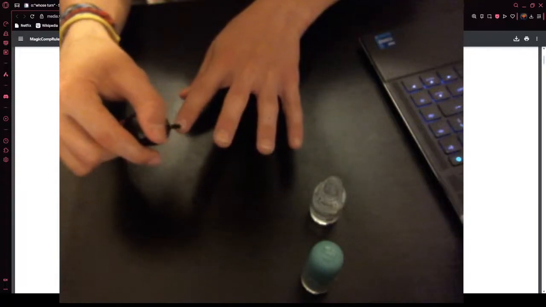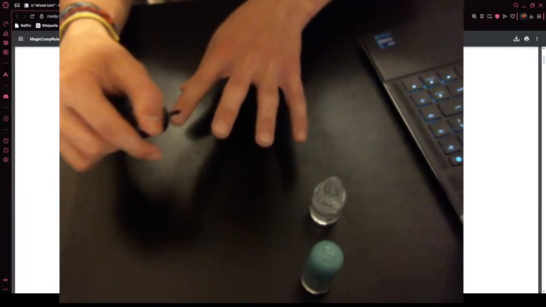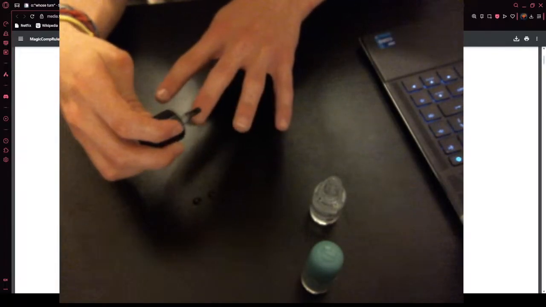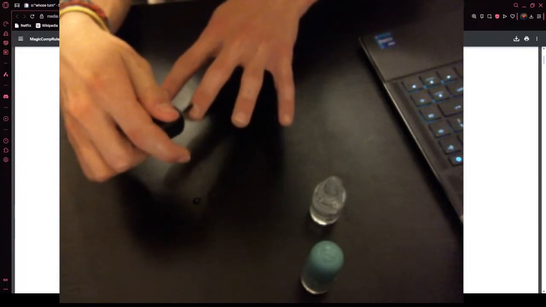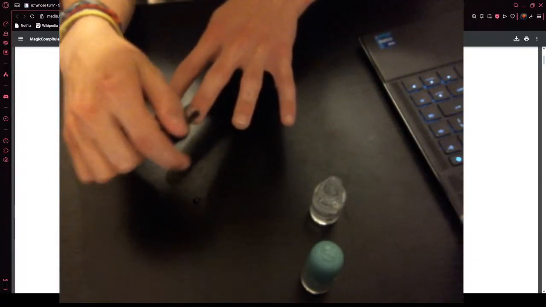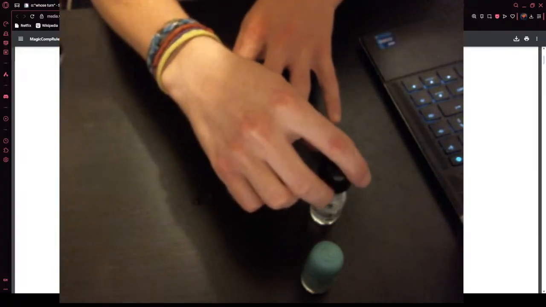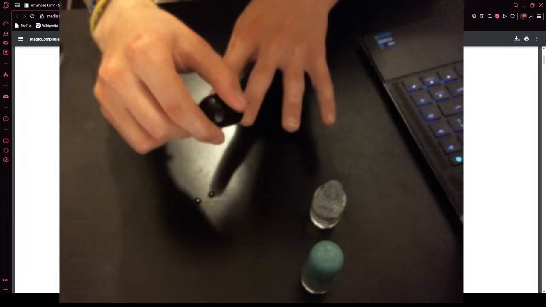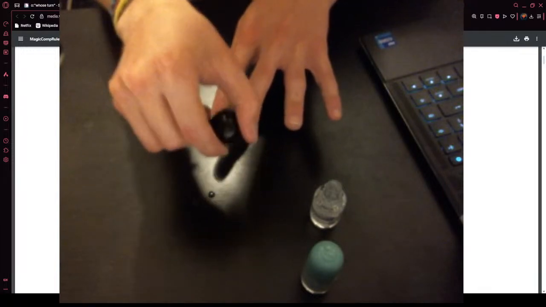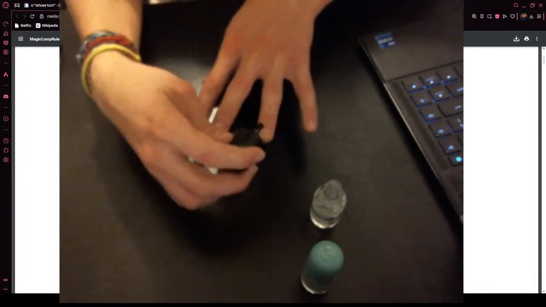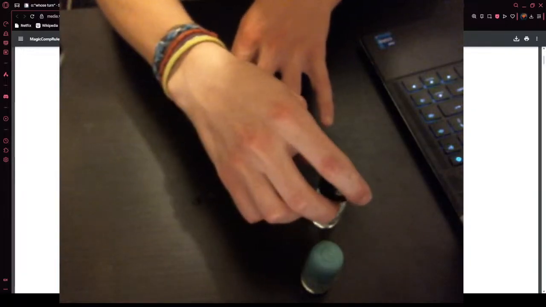There we go. Yeah, I'm assuming this does not have to be thick. So logically speaking, that makes sense, because it's the nail polish that you'd want to be thick, not the base coat, right?